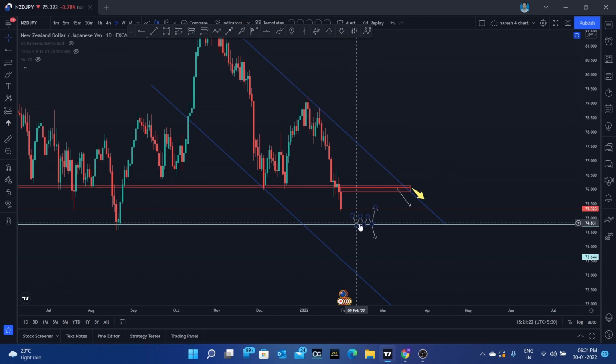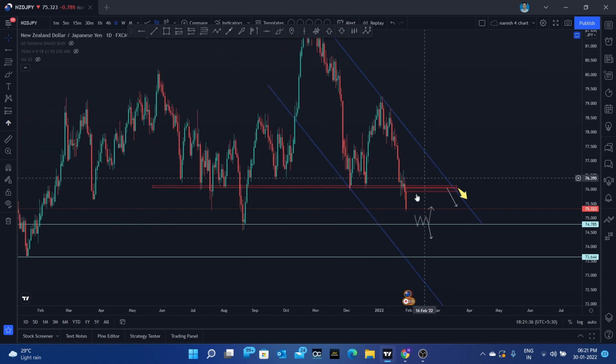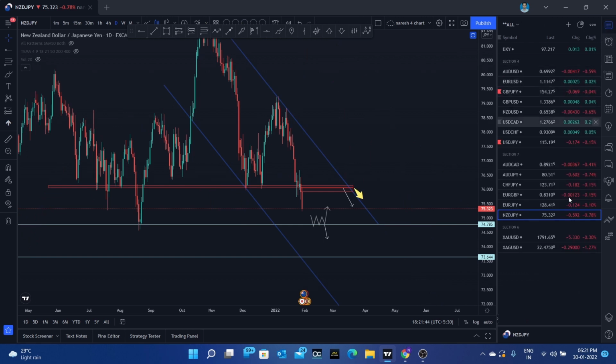If it is consolidating and moving back, the price can come back again to this zone, and you can go for short entries in this area, guys. This would be preferable for everyone because it is near the trend line, and you can go for a short entry after a pullback, and you even have a supply area here as well, guys. So that would be for NZD JPY.